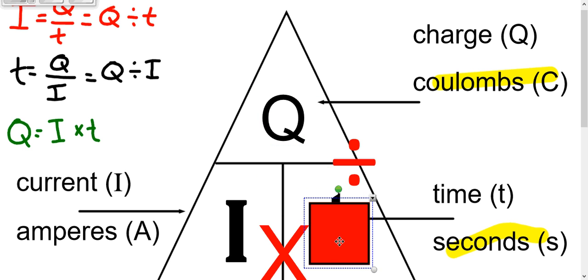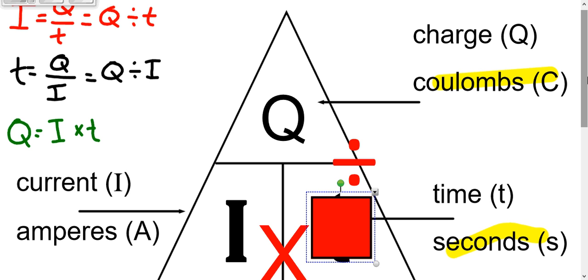And if they say, oh, this is the charge and this is the current, how long would it take? What's the time it takes? Then I cover up T because I'm trying to find how long. And I'm left with Q over I, and that over line is divided by I, Q over I. So just make sure that when you're doing your formula and plugging in your values, that you're solving